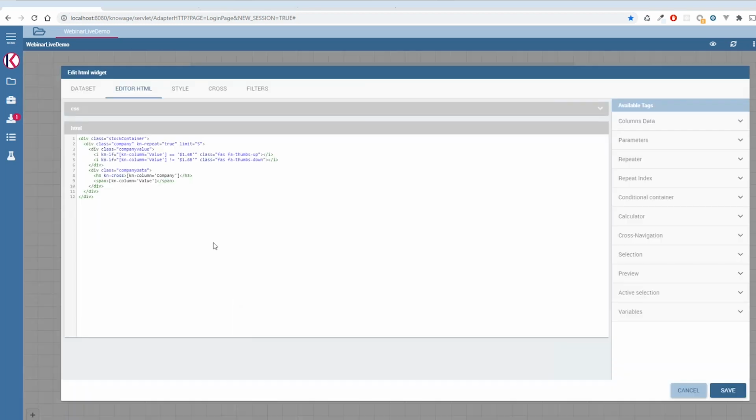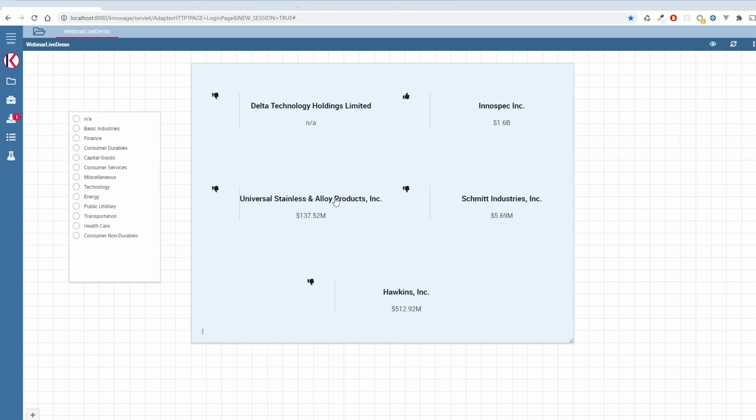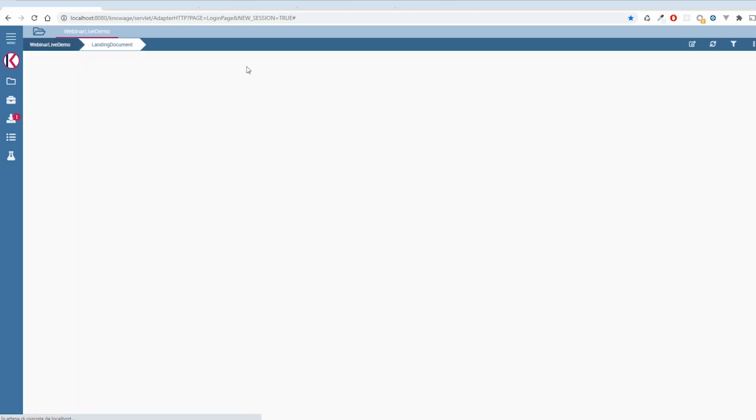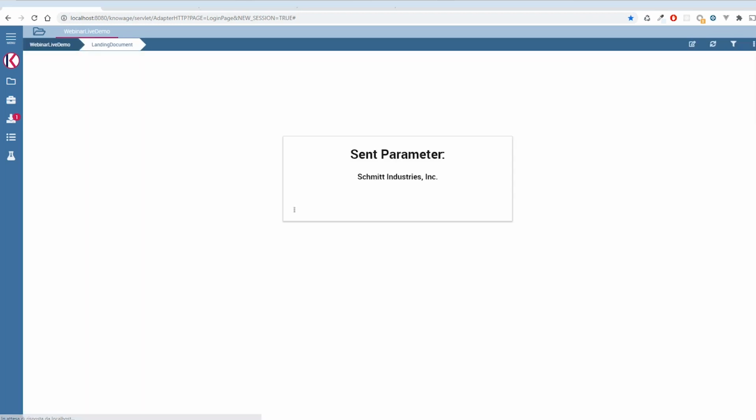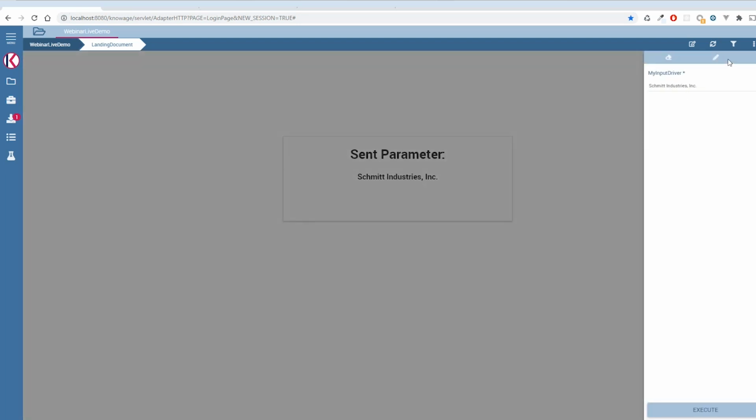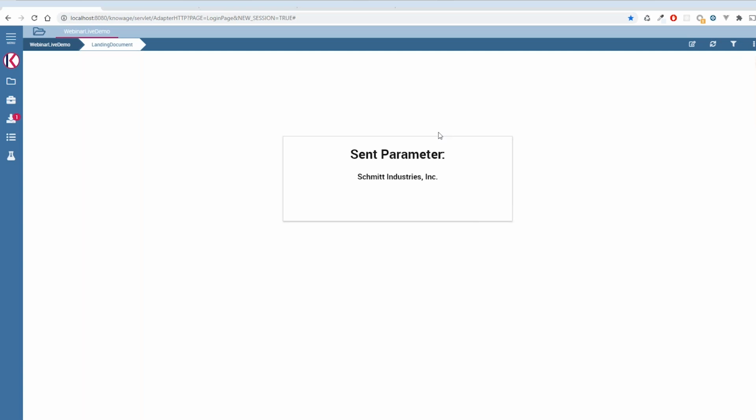So we need just to provide some more information. That is, for example, the company name, as usual. Okay. As you can see, we are changing document. And this is the parameter that I just sent. I can do it again with another company. And here we are. This parameter can be an input to every other widget, for example, to a table,